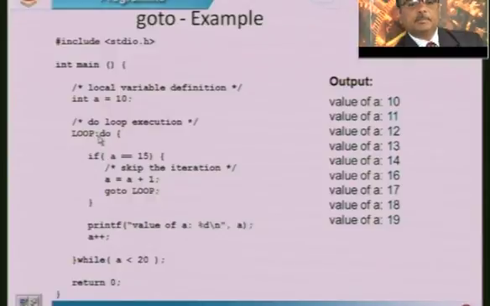Here there is one syntax, that is colon. After the label you should specify the colon. So, the control goes to this loop and starts executing the next one. Now, the value is 16, it is not equal to 15, hence it prints 16 and 17, 18, 19 until a is less than 20. For that reason, you will be getting up to 19. When a becomes 20, this condition fails and control goes to return 0.